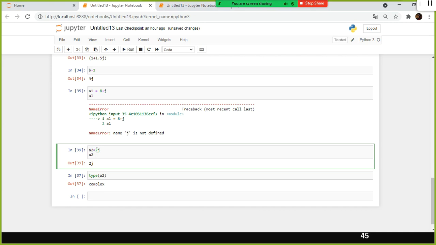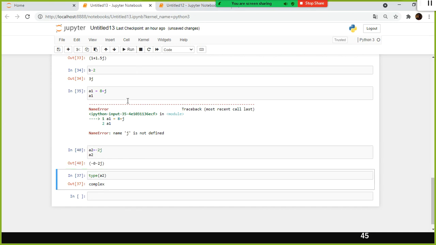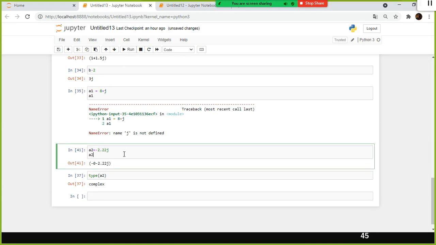So can I use a negative value? You will see what is happening. Negative value in the imaginary part, yes, you can use it. Or can I use any decimal value? That is also possible. You can use a decimal value, you can use a negative value as part of your imaginary value. The same thing is applicable for the real part. You can specify a negative value also, it need not be a positive value.